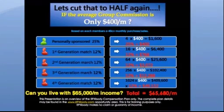So again, there's tremendous income that can be made in the compensation plan, and even if it's 10% of that and they're making $40 per month, it's still an extra $6,500 per month plus the $8,800 that you're making. Just that alone, you're looking at over $200,000 per month in residual income, and that's just if they're averaging $40 per month. So again, I also want to point out that it allows the pay to go very deep, and